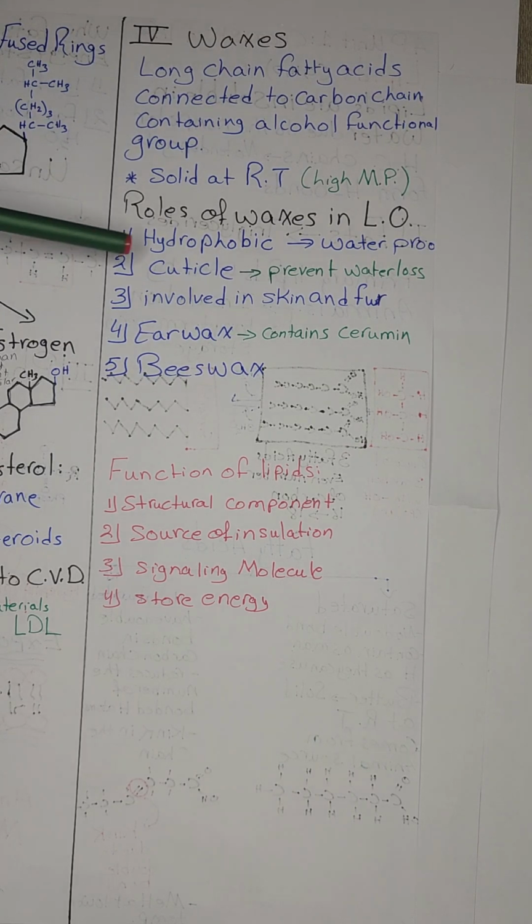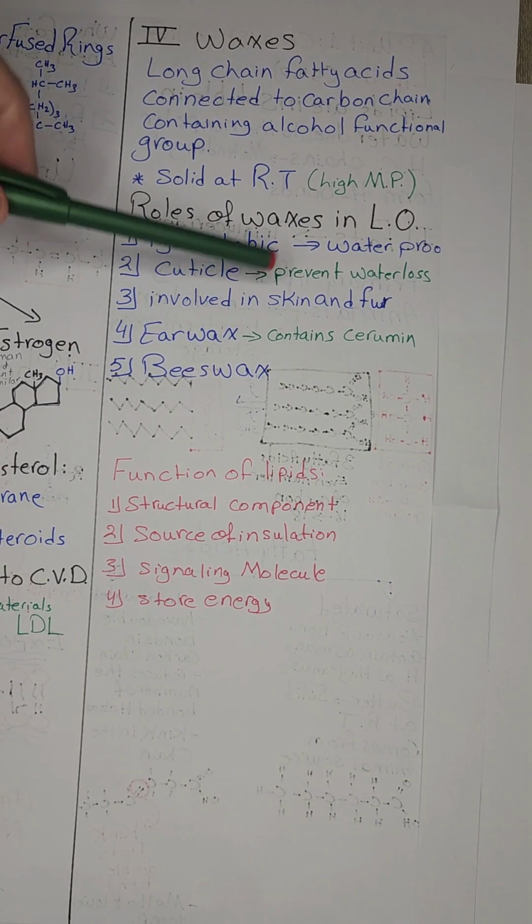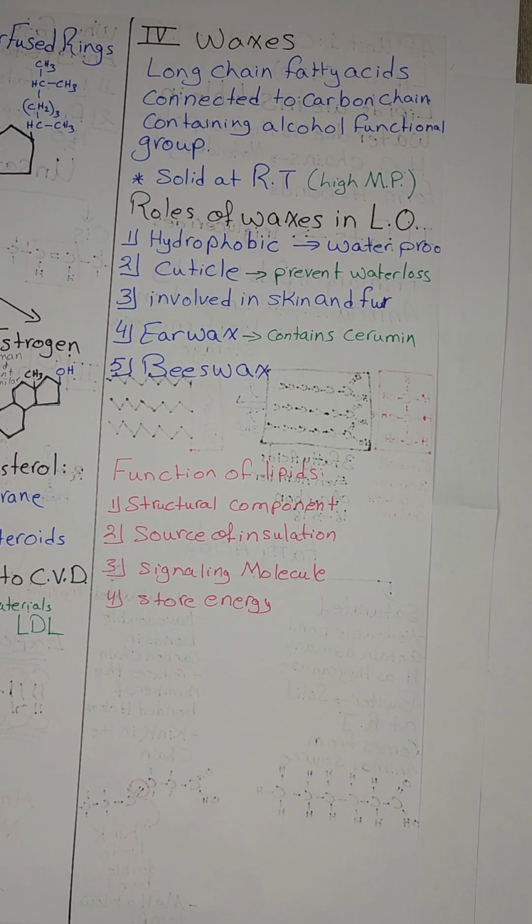For example, in the cuticle of leaves, they prevent water loss. They are involved in the formation of skin and fur. We can find them as earwax. Also, bees use them to create the beehive, the beeswax. So this is briefly about waxes, but what we need to end this video with is the